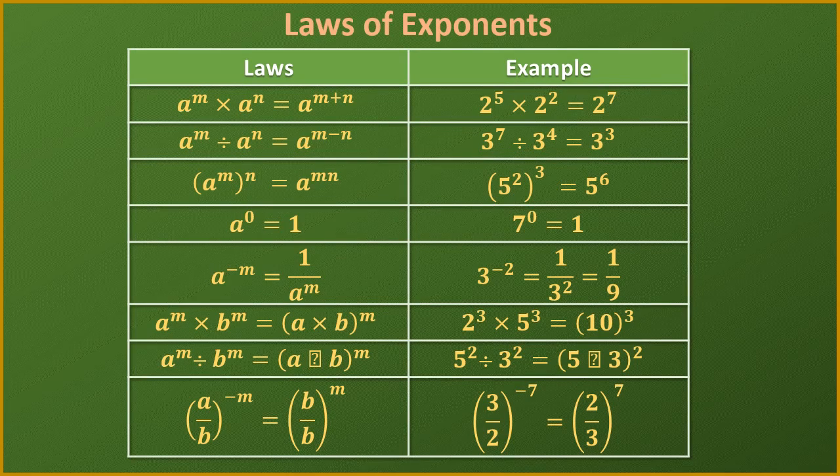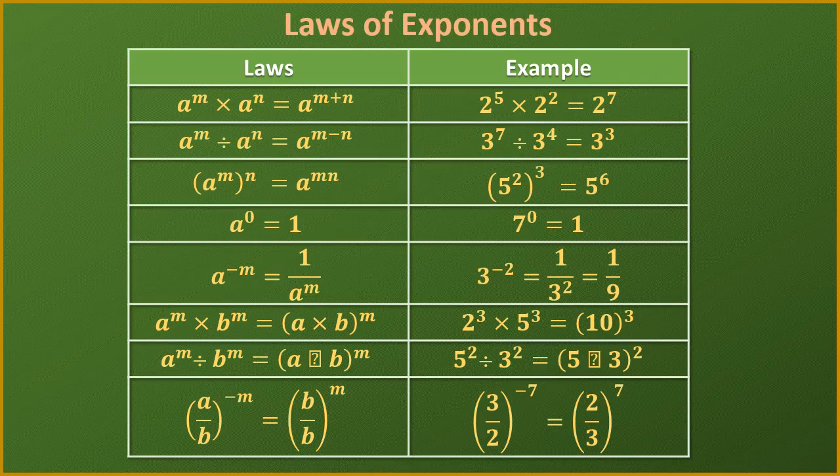For example, students, suppose I say find out the value of 2 to the power 3. So 2 to the power 3 means you need to multiply 2 three times: 2 into 2 into 2, right? So here the power is called 3, while the 2 whose power we are finding, whose exponent we are finding, will be called the base. So as you can see in the first formula, I have written a to the power m into a to the power n. Here a is called the base, and that base is the same.